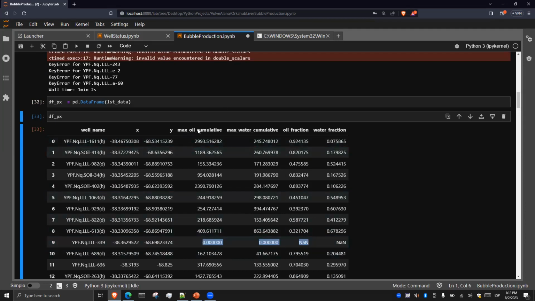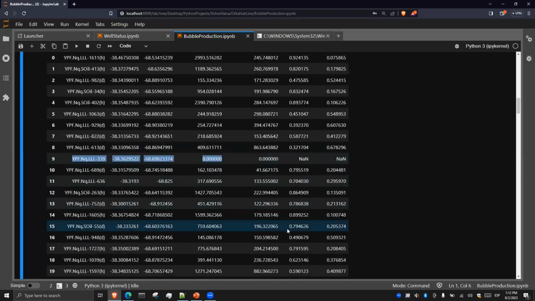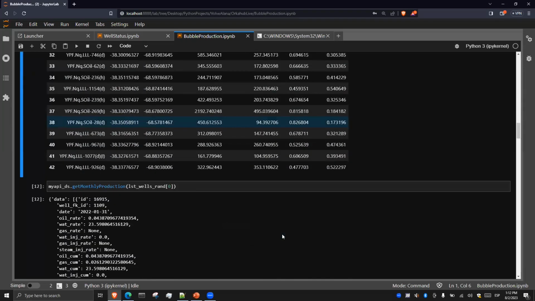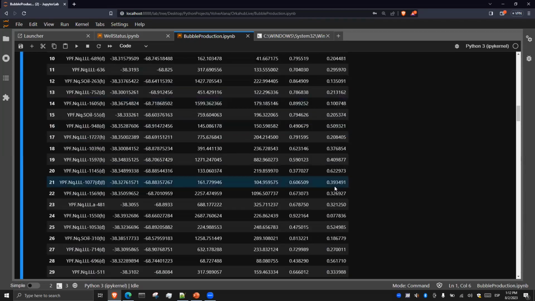For example, here we have an issue with the max oil cumulative. This well most likely was an appraisal or exploration well and doesn't have any production, and that's why we have these NaNs. We should have two wells with NaNs. I don't see the other one,